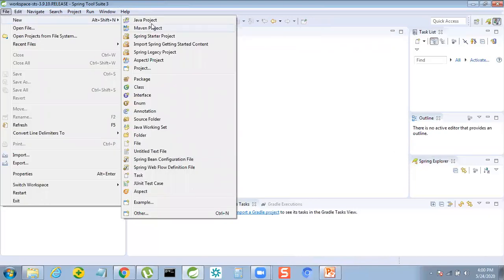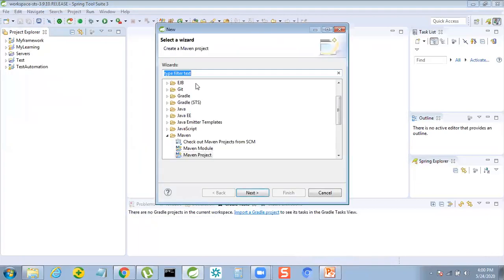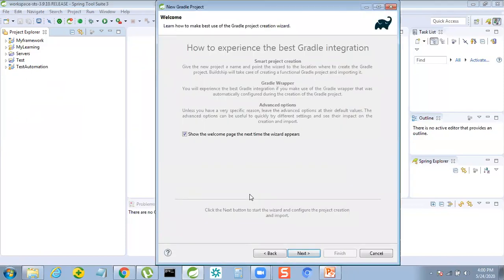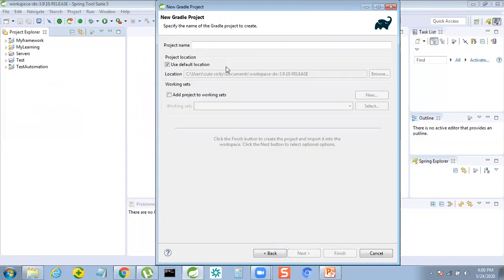File, New, and Other. It is not listed here, so I'm selecting Other. I'm typing Gradle. So this one, guys, Gradle project. Select this, click on next, click on next. Here you have to give the Gradle project name.